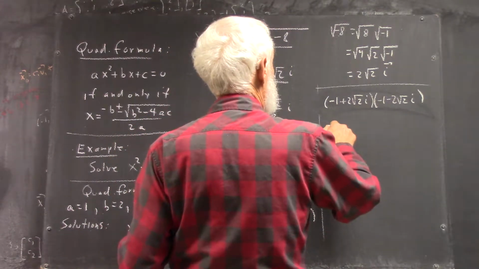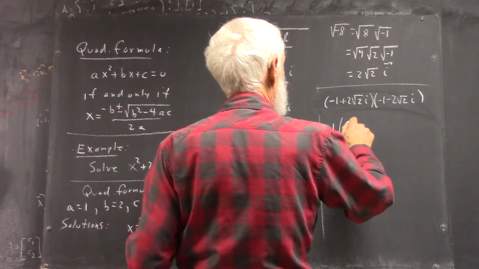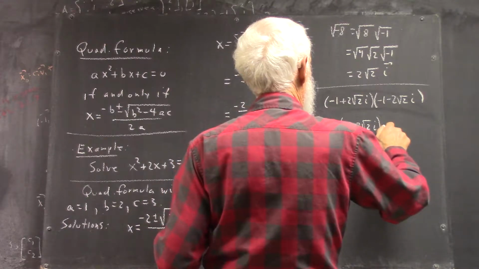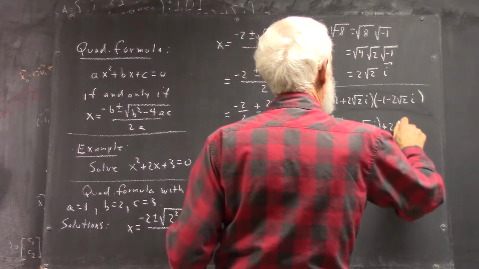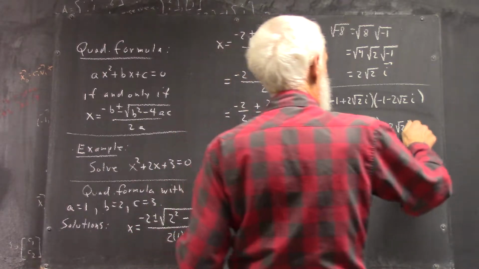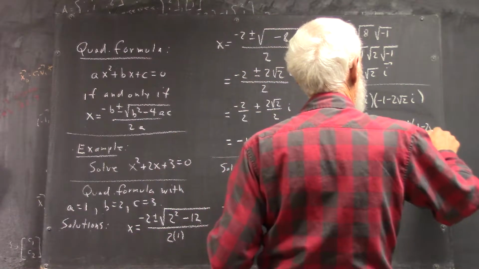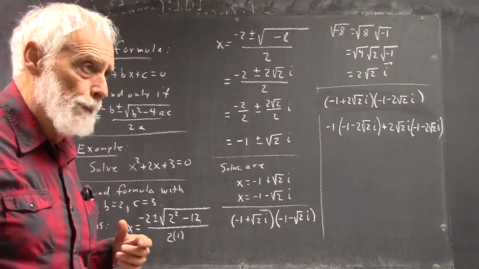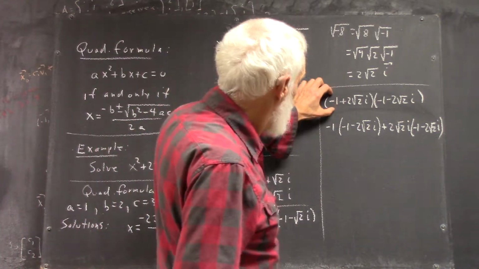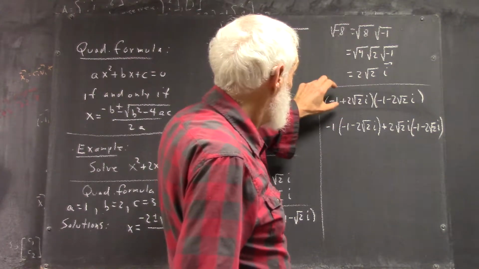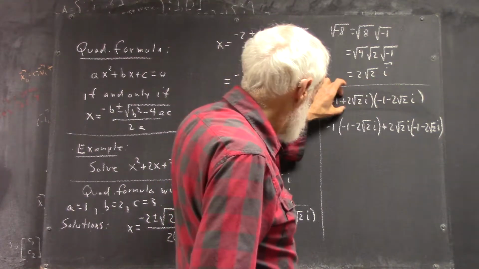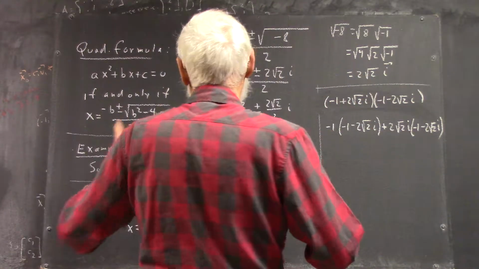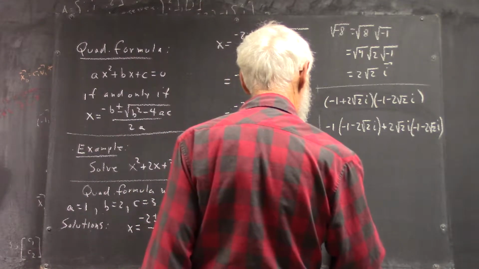So this gives us -1 times -1 minus 2 square root of 2i, plus 2 square root of 2i multiplied by -1 minus 2 square root of 2i. Okay? In other words, here's your plus, right? So it's this times all this plus this times all this. Okay? That's your distributive law. It's just an application of the fact that